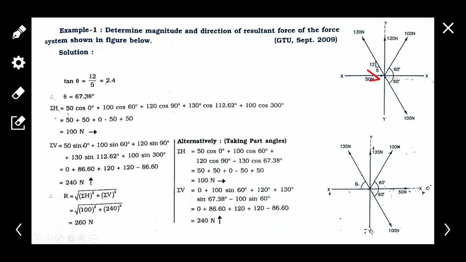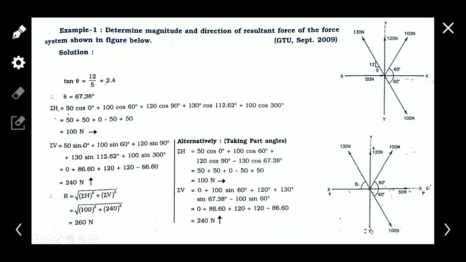So here one inward direction force is arranged into the outward direction. We can say that the push force should be converted into a pull force according to the law of transmissibility. So now this figure is considered, because the 50 Newton force is converted into the outward direction. Now this figure is considered for the law of resolution.